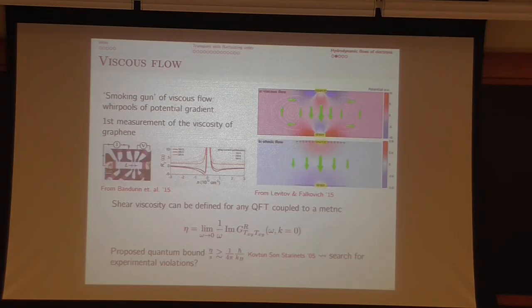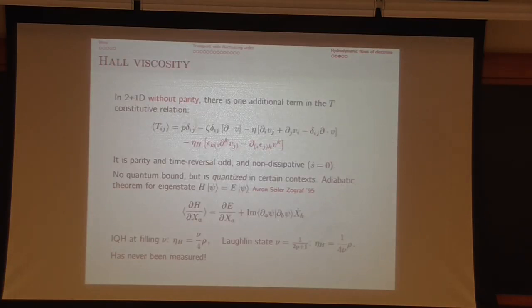Okay, so here I define the shear viscosity as a two-point function of the stress tensor. Within hydrodynamics, you can also view it as a term in the constitutive relation for the stress tensor. Here the zero derivative term is just the pressure. This is the perfect fluid approximation. And then you can generally write down higher gradient terms. I can always write down a shear viscosity as well as a bulk viscosity. The bulk viscosity doesn't have a bound as far as I know. I think the main reason for that is that it vanishes in CFTs, so we don't have the same tools to study it. It vanishes because the stress tensor has to be traceless.